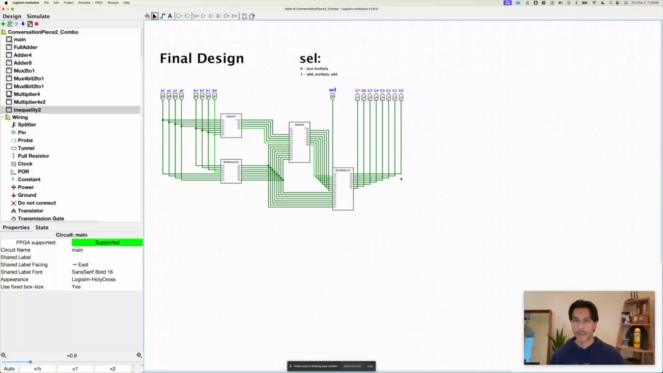This is my conversation piece number 2 for the combinational circuit module. I'll do a quick review and recap of the project and then get into working through this practical walkthrough of it. We were to create a combinational circuit based off our learnings in the module and expand upon that. So I started with